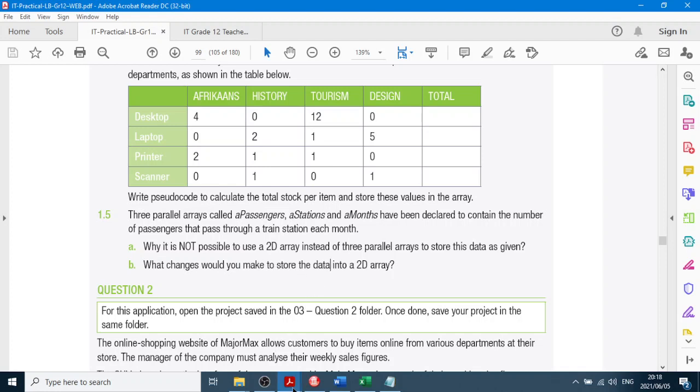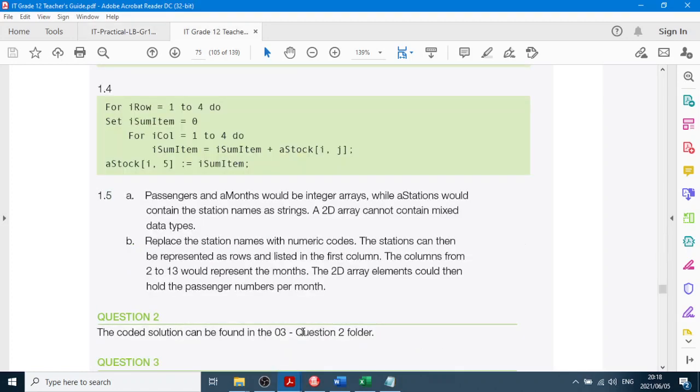Now, the book answer says, well, replace the station names with numeric codes, but what about the passenger names? Well, actually, they're assuming that the station names will be strings. I assume that the passengers would be strings as well, but if passengers were numbers and then station names were numbers, we could actually get columns to represent